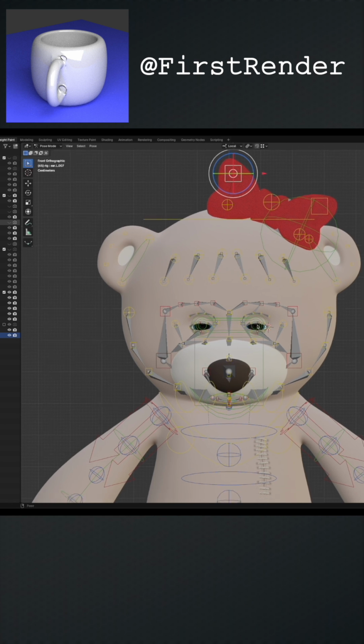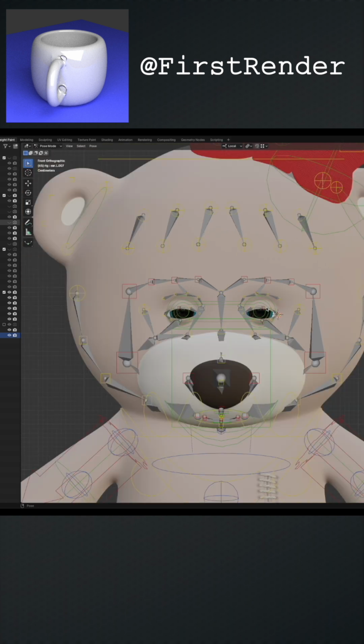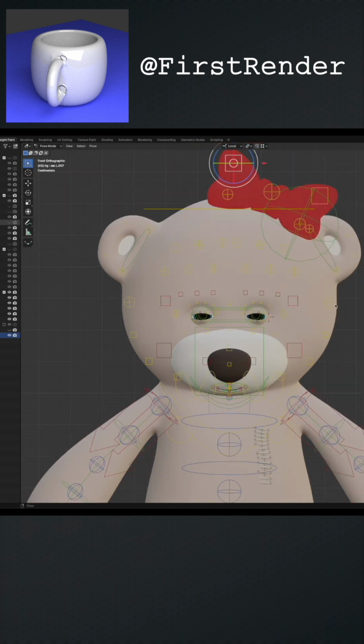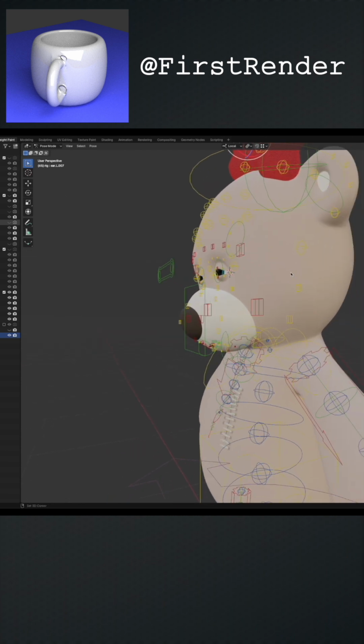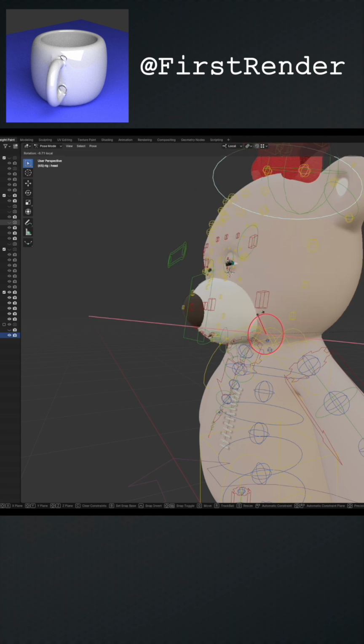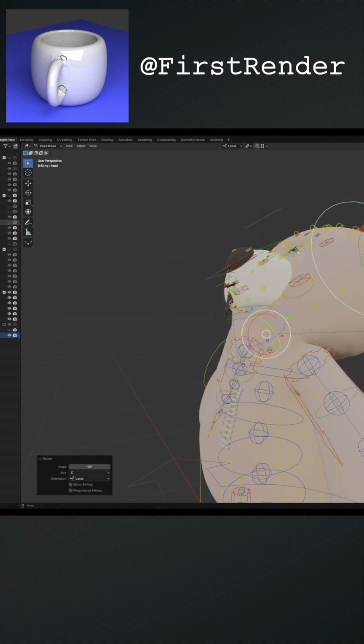I had smoothed out everything around the eyes. I had created eyelids for my bear, so I was super happy about that. And this was generally looking pretty good. But then I ran into one issue here, which I will show you. Taking the head and tilting it way back. Look, there is a spike coming out of the bear's